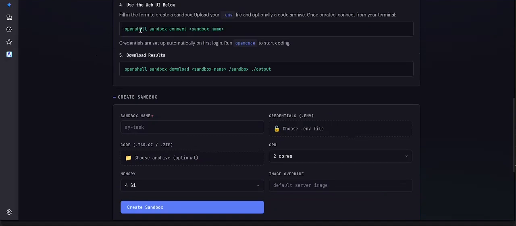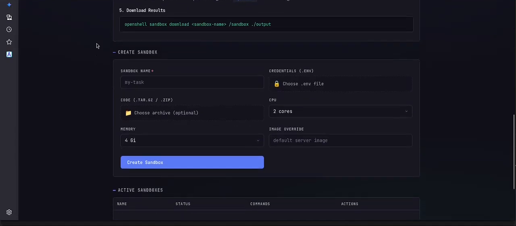Then, for example, you can connect with OpenShell, but we will see other ways to connect to the sandbox, and you can upload and download results from there. So the sandbox is an isolated container, it doesn't mount any file system. So if you want to work on files there, you need to upload them, and then download the changed files.